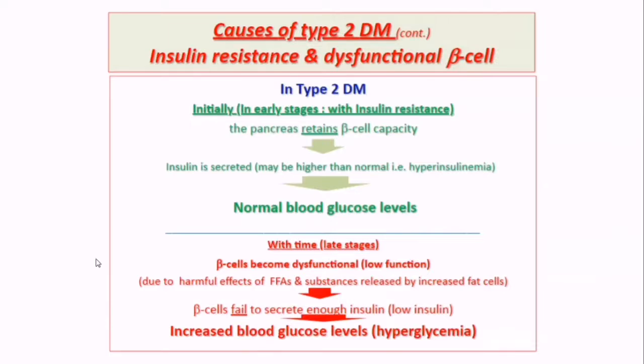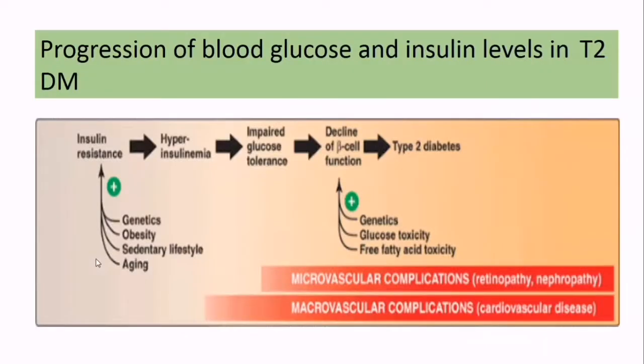So initially the pancreas retains the beta cell capacity, whereby insulin is secreted in higher quantities, which controls the blood glucose levels. But as the beta cells become dysfunctional, then hyperglycemia is established. So over a period of time, how the blood glucose levels and insulin levels progress in type 2 diabetes. So if you see this